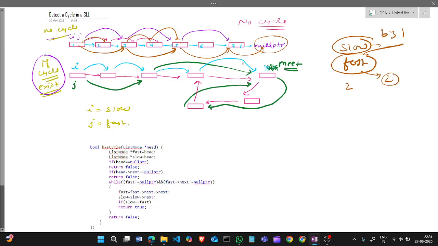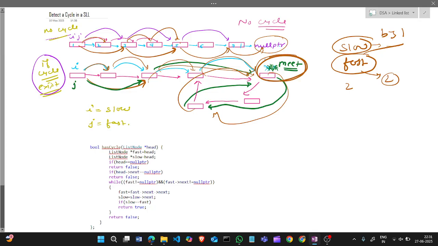Okay, if a loop is present like this node, so we will jump j to this. Okay, then i will jump to this, j will jump to this, next i will jump to this, j will jump to this, then i will jump to this. Okay, j will jump to this, then i will jump to this. So both will meet.